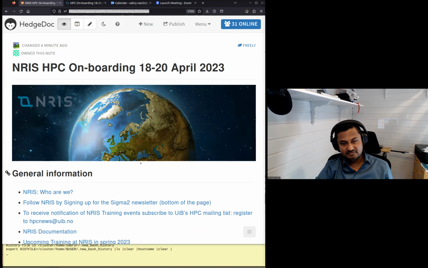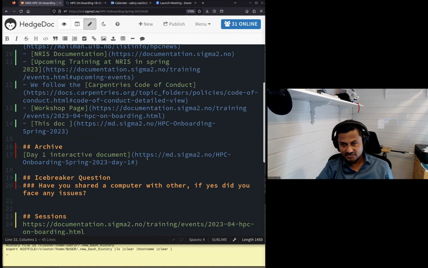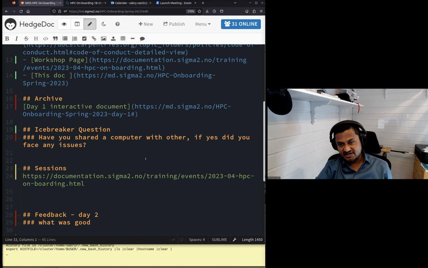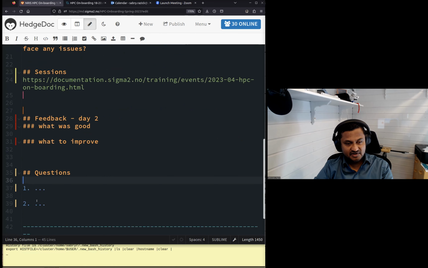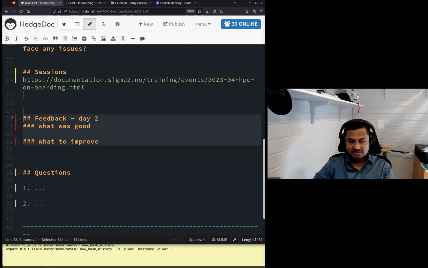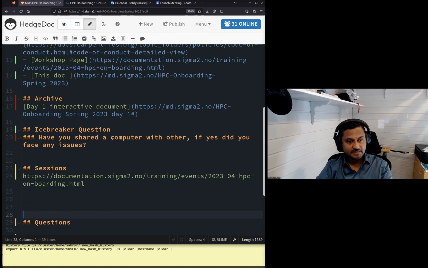When you are not typing anything, you can have the view mode and look at it. When you want to edit something, you have to click the pencil and then edit the document. Basic markdown. So this is a shared document like Google Drive, but a simpler version of it. So the questions, here's number one. You see this number starting here. So you can start the questions here. I will remove this one for now, and we will have that at the end of the day.